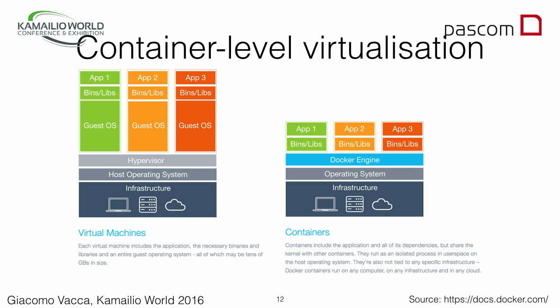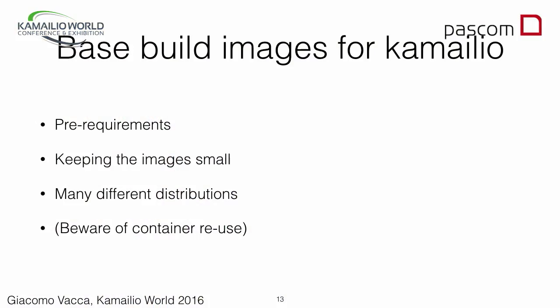The price to pay with Docker is that the kernel that you have to use must be the one in the host machine. So this could make you suspicious about things like building rtpengine, and we'll see the caveats there. So very quickly, what we need to build Kamailio is just a clean image where we install the prerequisites. After we have the image, the so-called base image, we can do all the builds on top of it